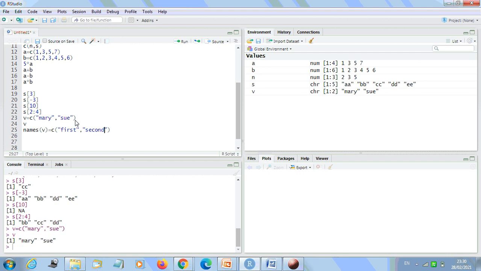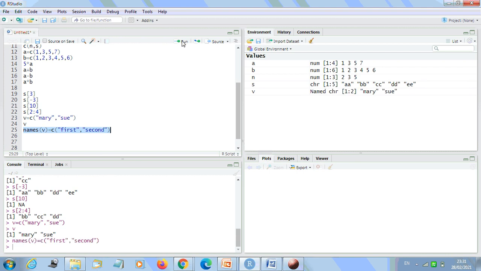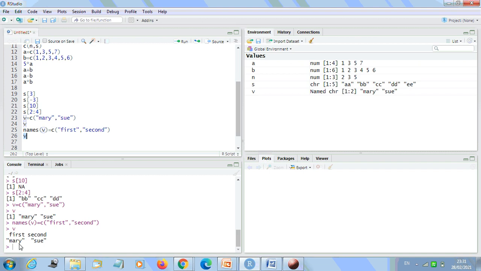Let me run this one. Now let me write V, what we have in V. See, first is Mary and second is Sue. So by this we can name the vector.